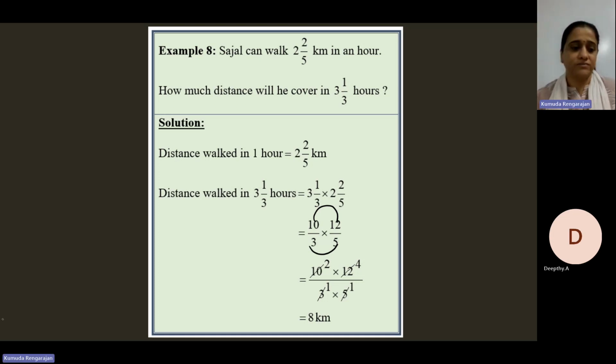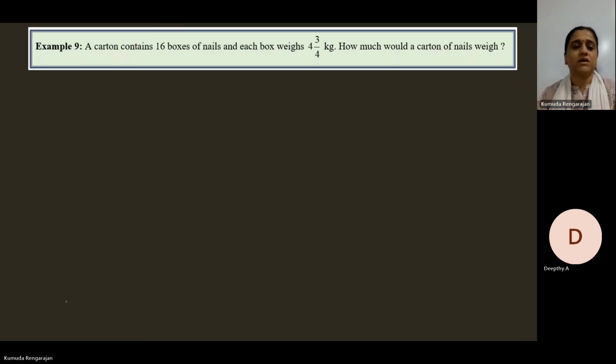And this is the answer. 8 kilometers. A carton contains 16 boxes of nails. A carton is a box. A carton